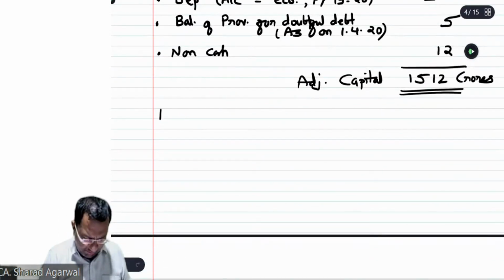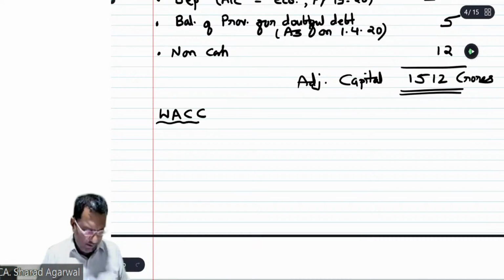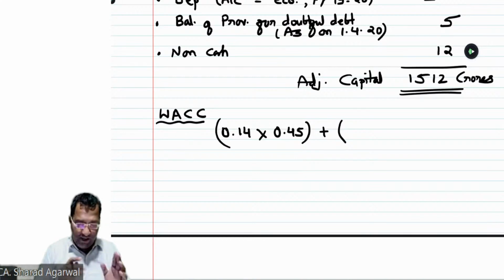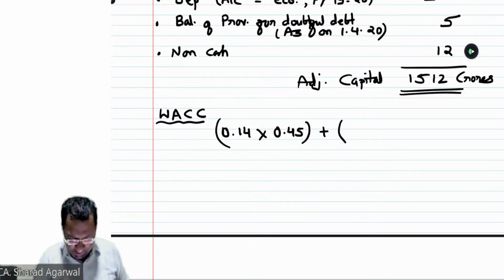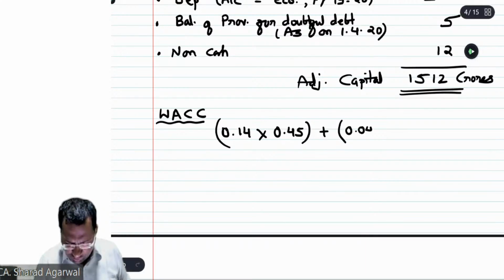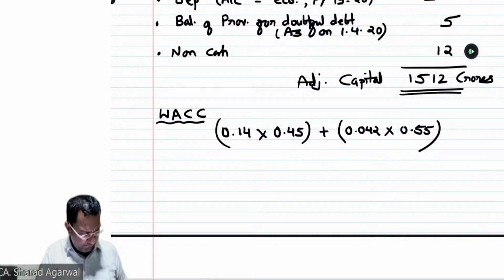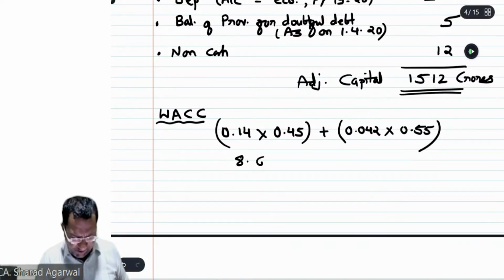क्लियर है? अब हम बहुत एक सिंपल कैलकुलेशन करते हैं, वेटेड एवरेज कॉस्ट ऑफ कैपिटल, है ना? बहुत ही सिंपल है बेटा। 14% मल्टीप्लाई बाय कितना शेयरिंग है? 45% शेयरिंग है इक्विटी का, प्लस ध्यान दीजिएगा बेटा 6% प्री टैक्स है, जबकि हमेशा हमें कौन सा चाहिए होता है? पोस्ट टैक्स चाहिए होता है। सो 6% अगर प्री टैक्स है तो the post tax will be 4.2%। 4.2% को मैं ऐसा लिख सकता हूं 0.042, एक ही बात है, मल्टीप्लाई बाय 0.55। तो बताइए बेटा वेटेड एवरेज कॉस्ट ऑफ कैपिटल कितना आ गया? 0.14 into 0.45 and 0.042 into 0.55. So 8.61 is your weighted average cost of capital.